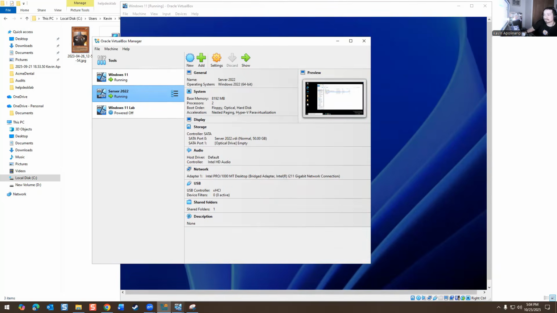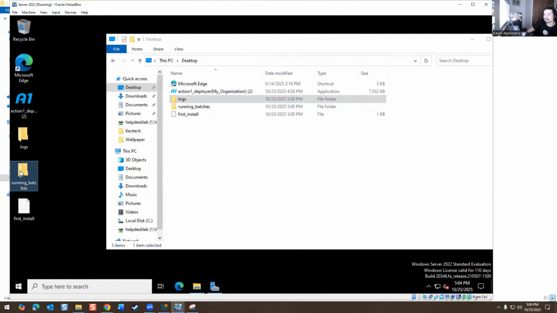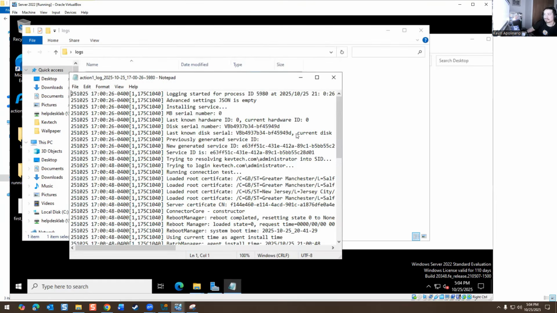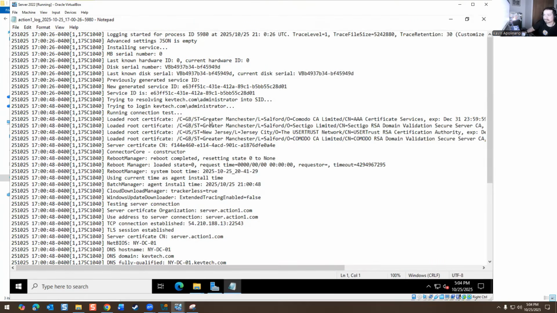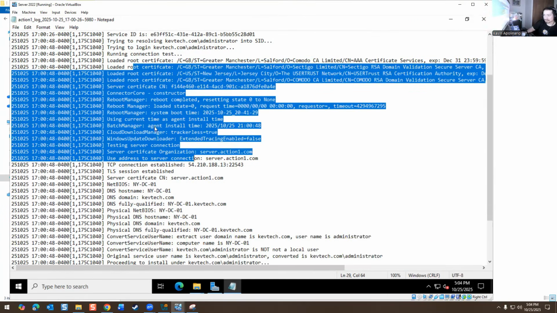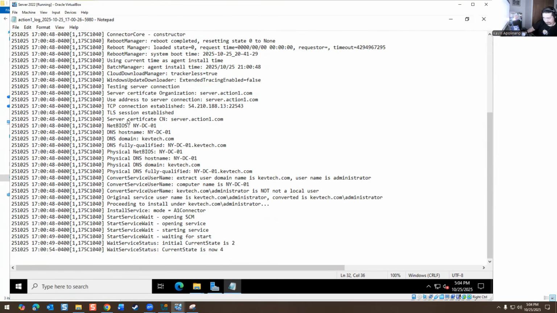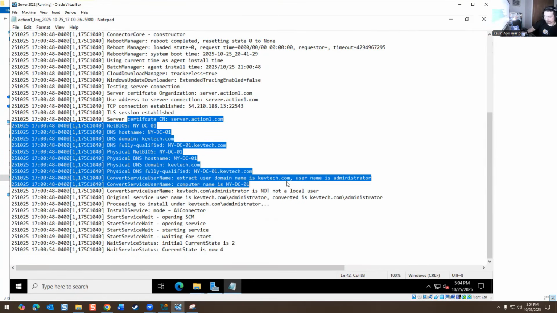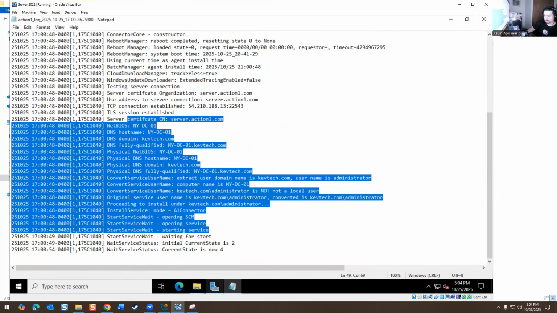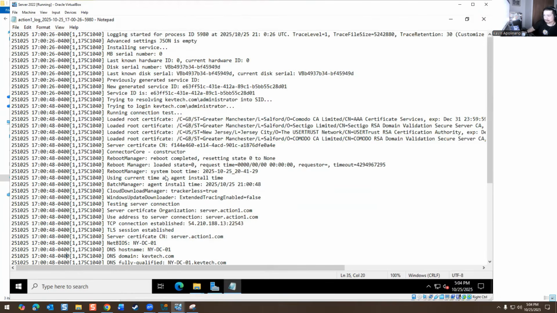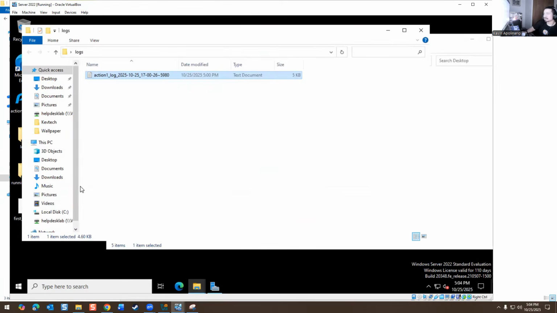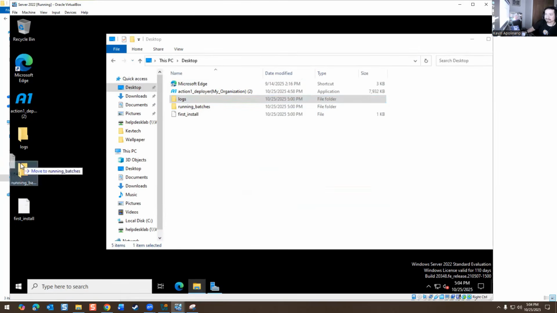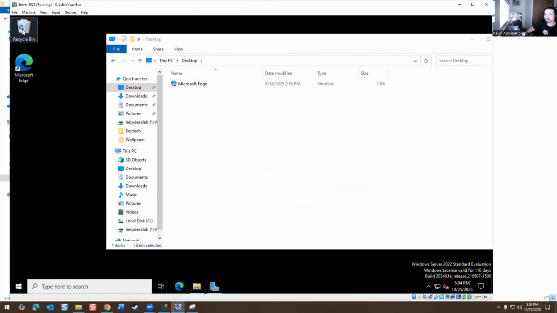But here on the server, you see all these different files. You have your logs, which will give you more information. It downloaded the certificates, the server connection, the administrator, the computer name, and so on. Looks like it's working. Looks like it's installed successfully. And then you could always just grab this stuff and put it in the recycle bin because it's installed successfully,